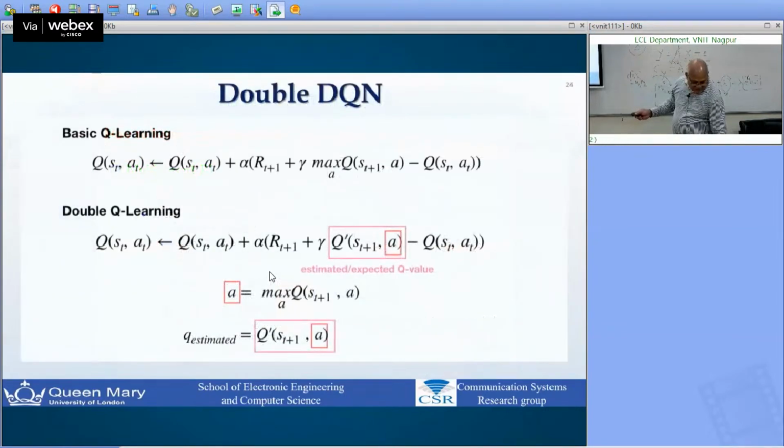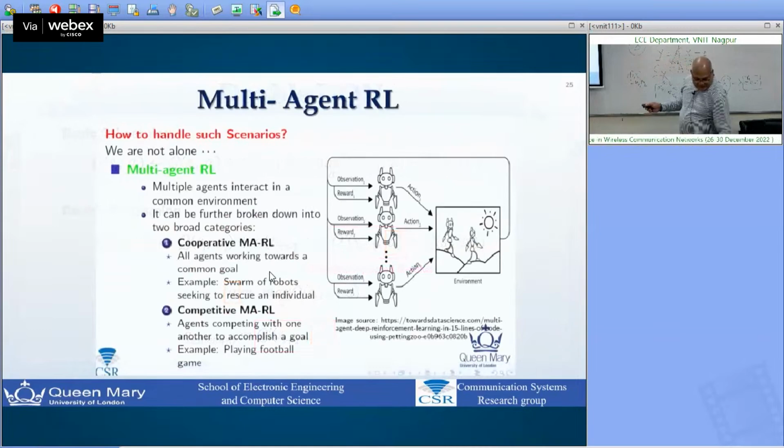Okay, so this is the Bellman equation for basic Q learning. This is the double Q learning. For this one, we use 1 DQ neural network. So now the question is, here we are going to have